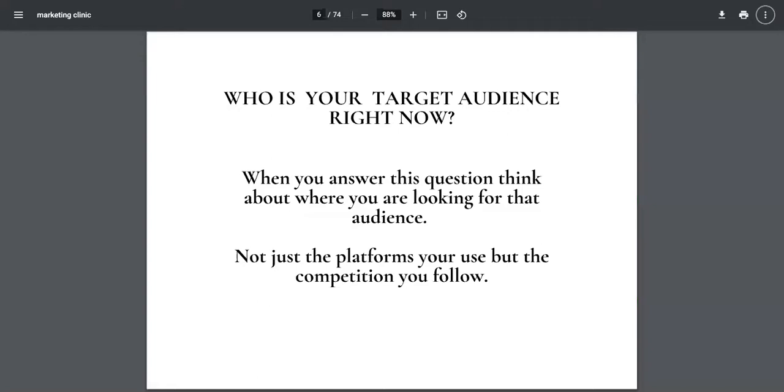So that means, for example, if you are a fashion brand, okay, just before I carry on, what kind of businesses do we have here so that I can actually relate it to the people here? Everyone is a coach, yeah? Yes, I think so. Okay, fantastic. Everyone is a coach. So I will take myself, for example. I am a marketing coach.